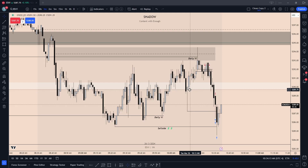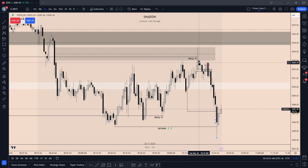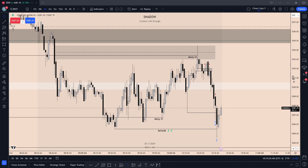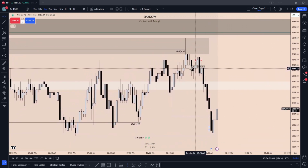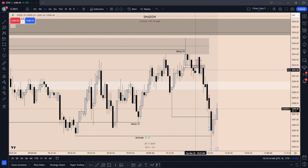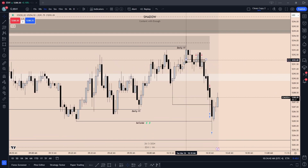And that was my indicator to get short. So because that doesn't happen, we just have to sit and wait, right? Go back to being patient. We see that inversion leads us back into the daily volume imbalance. So now we've returned into that inefficiency. And very clear cut, right? We talk about this all the time. Looking at the last discount as we run out liquidity. If that gets traded through and below, good indication that order flow is going to switch. So the last discount was this volume imbalance here, right? As soon as price cleared liquidity, hit that inefficiency, and closed underneath that volume imbalance, boom, we go short immediately